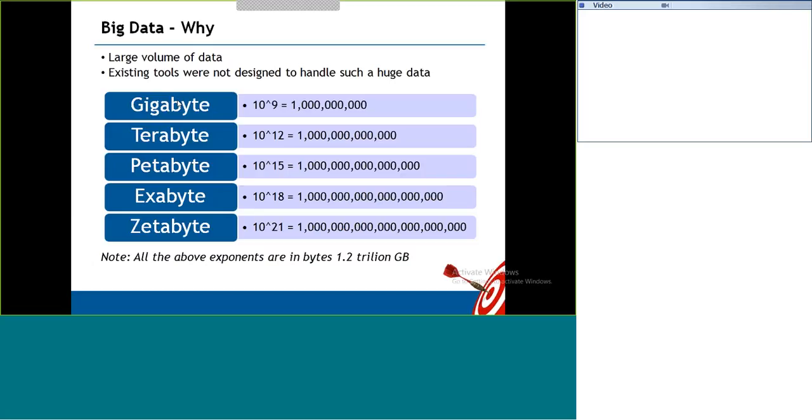So total data generated throughout the world up to 2010 is 1.2 zettabytes only. And when it comes to 2014 or 15, you are talking about dealing with 4 to 5 zettabytes of data. At this rate the data is growing. They are expecting to have 35 to 40 zettabytes of data by the end of 2016. Another 4 years and we are going to deal with 40 zettabytes of data. In order to deal with it, we need to do a lot of process improvements, even in the Hadoop framework also.